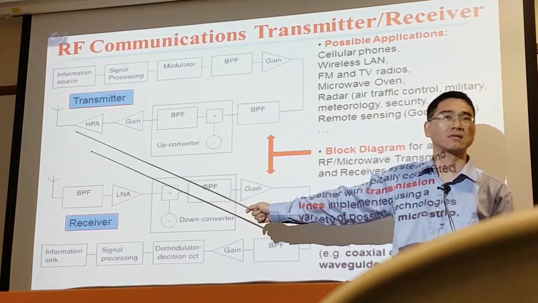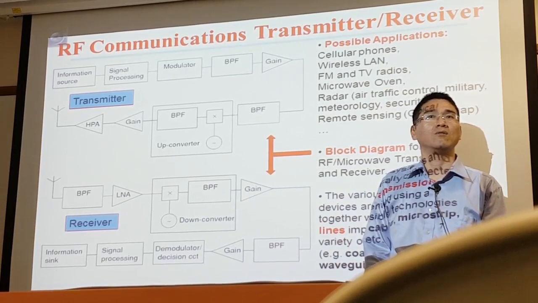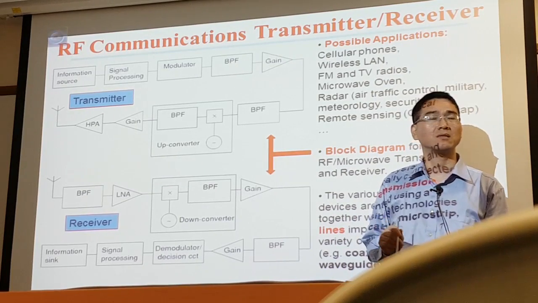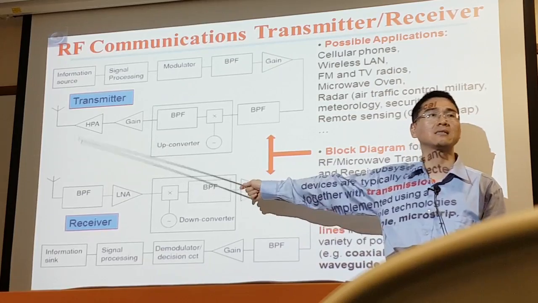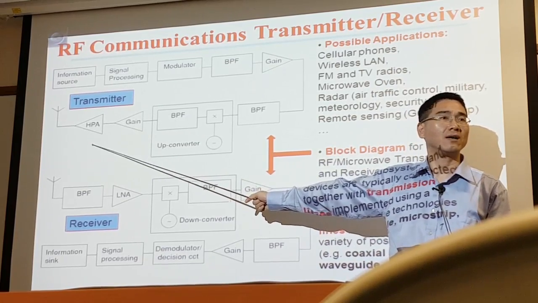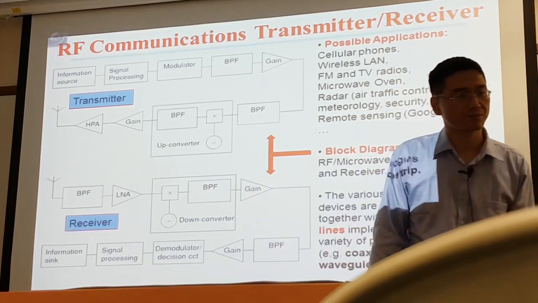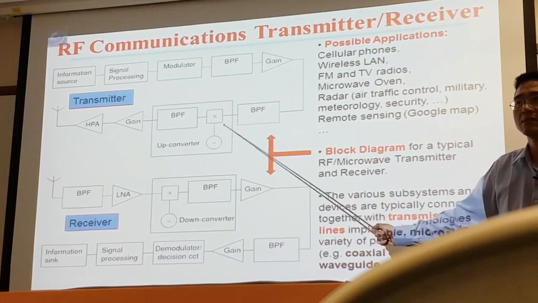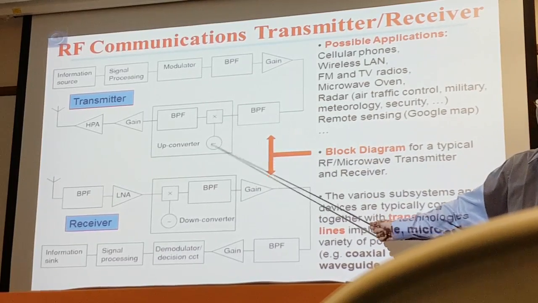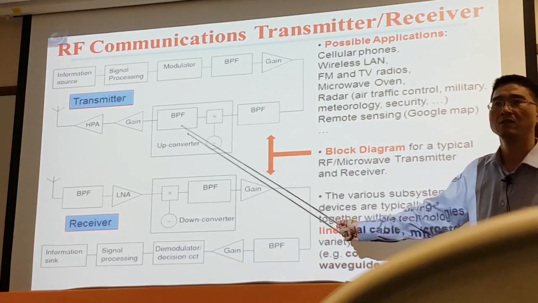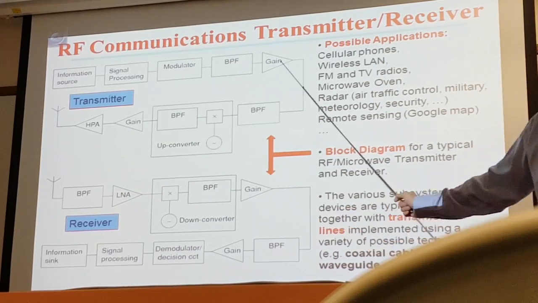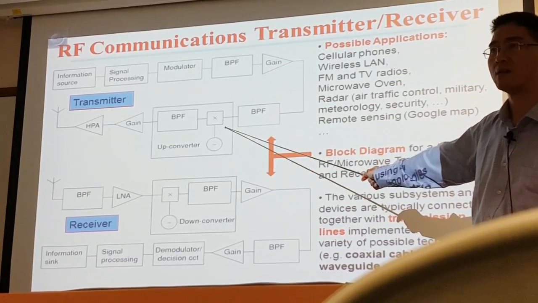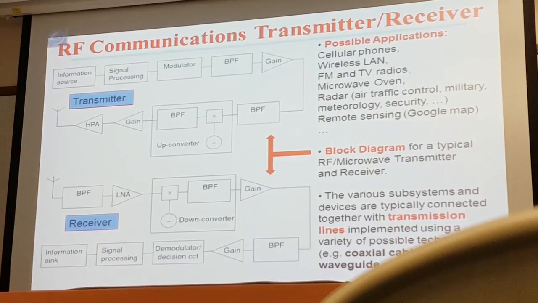We will highlight impedance matching again in this module. As I said, one very important piece of work is to design a good impedance matching, for instance between the antenna and the amplifier, or different portions, where the impedance should be matched to minimize the reflection. So this is a typical block diagram for the transmitter. Then as for the receiver,